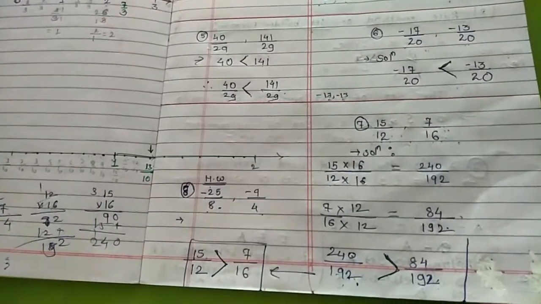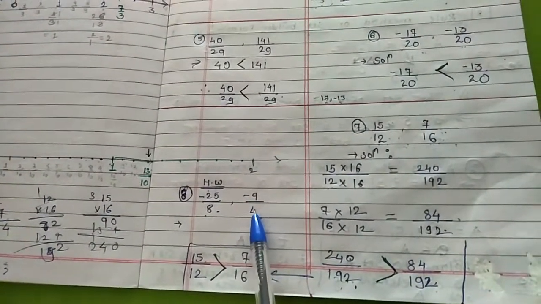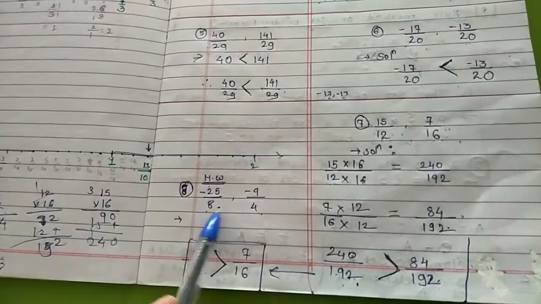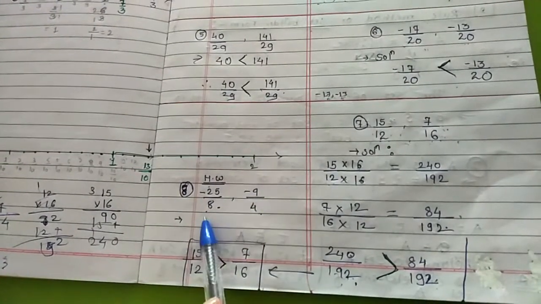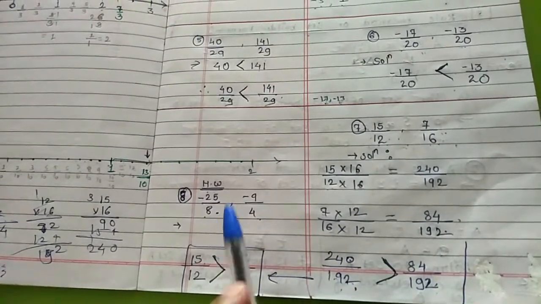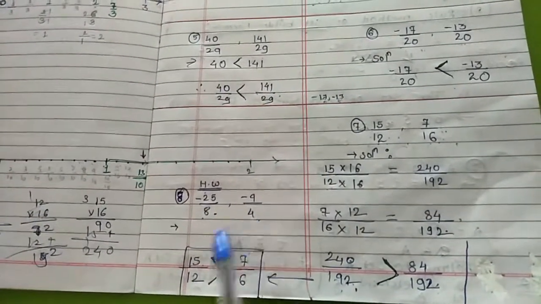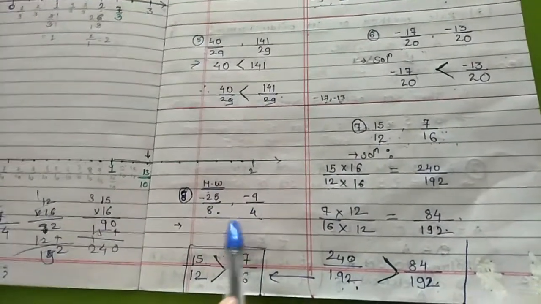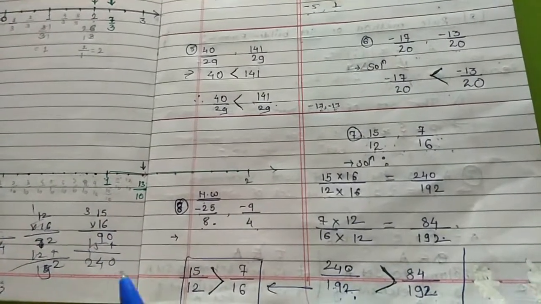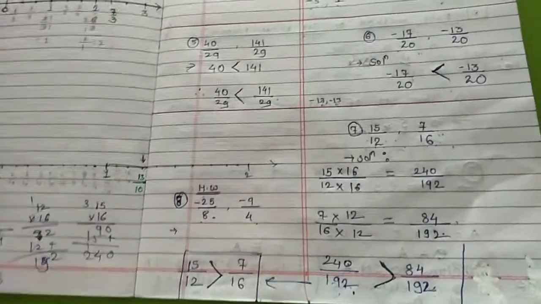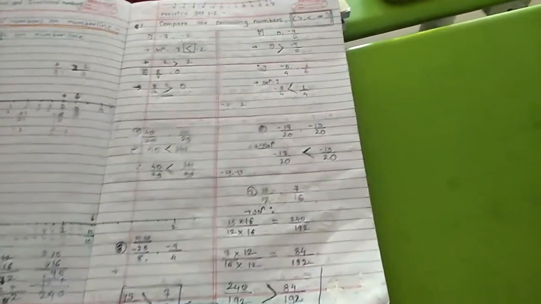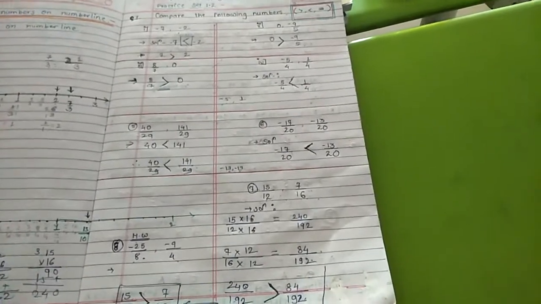Okay. Now this example 8-1 is your homework. In 8-1 you have to just do the cross multiplication. The first fraction you multiply by 4 and the second fraction you multiply by 8. So the denominator, 8 4s are 32, and 4 8s are 32. So you will get the denominator 32. Then just observe the numerator and write down your answer. I will also give you more extra sums for your practice. Please do that as your homework. I am going to send the screenshot of this page also. These sums you also have to write down in your notebook. Thank you.